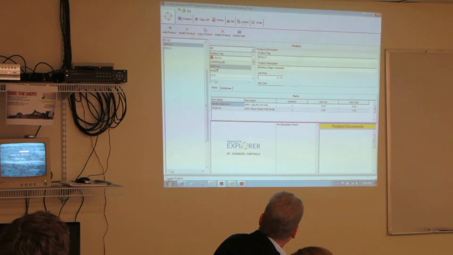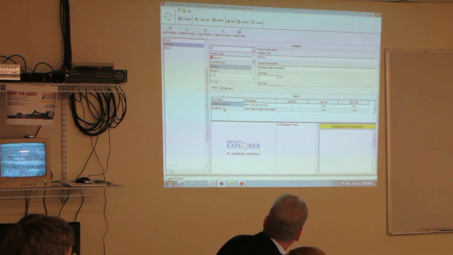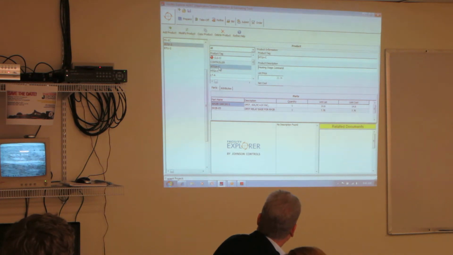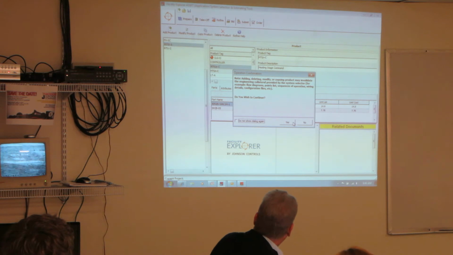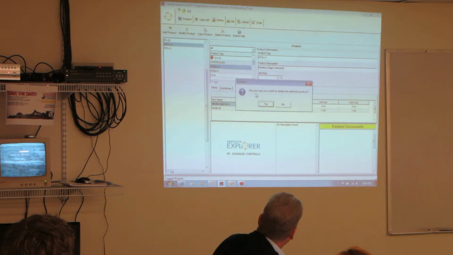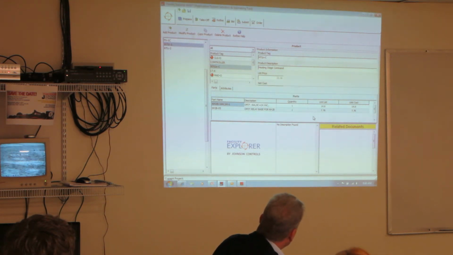Heating output, it was a staged output, so there are those relays that it wants to add in there. Maybe we don't need the relays. You can just go and say delete product. It's that simple. You don't need relays. If you leave them in there, it's going to add to your cost, because this thing's going to add up all these costs of things. So you've got to remember to take out some things. The cooling valve,